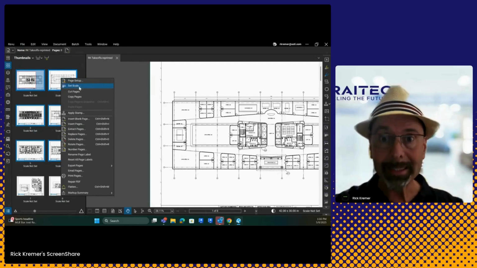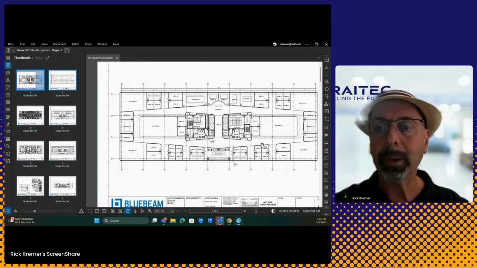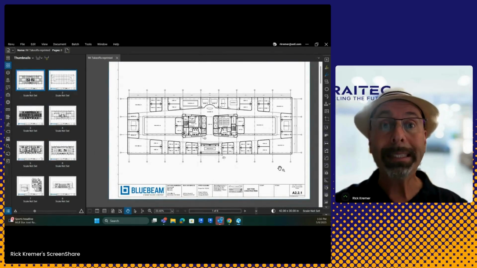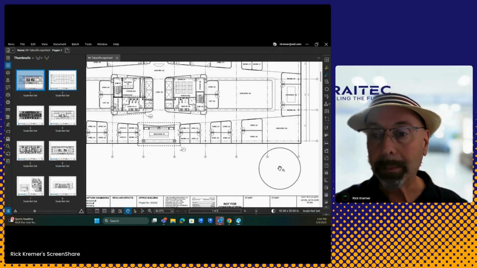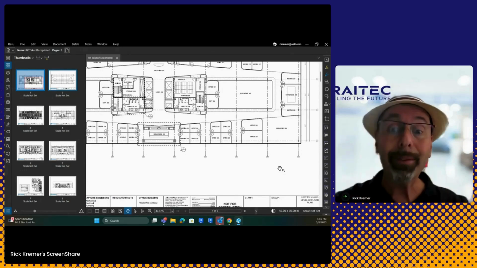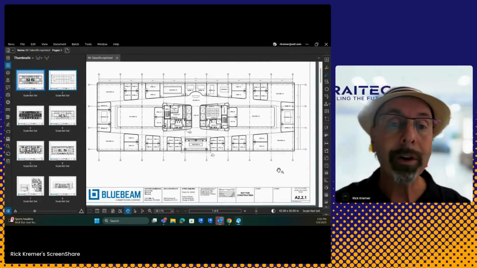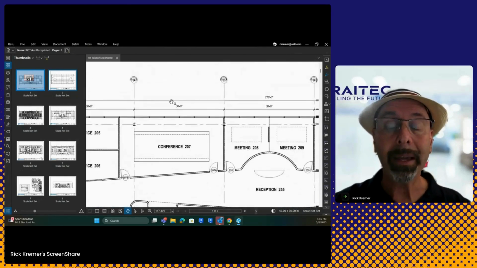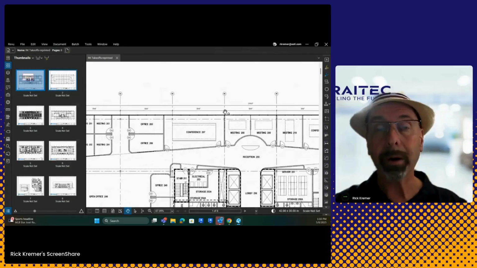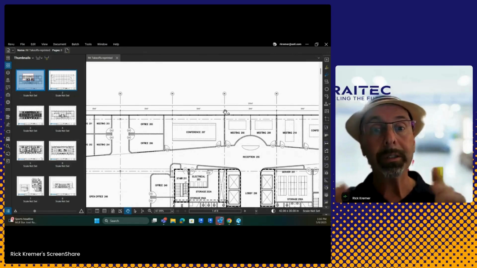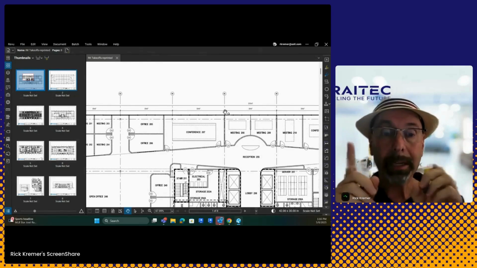Now, before I set the scale, let's hit Escape and zoom in. When I look at a particular drawing, I want to see if it's been printed to scale. In other words, is there a little marker here that says it's 1/8 of an inch, 1 to 40, 1 to 50, whatever it may be. This drawing is awful. It doesn't have it, but what it does have is a dimension here to here. The grid lines are 30 feet apart. So what I can do is I can establish the scale of these drawings according to a dimension from point